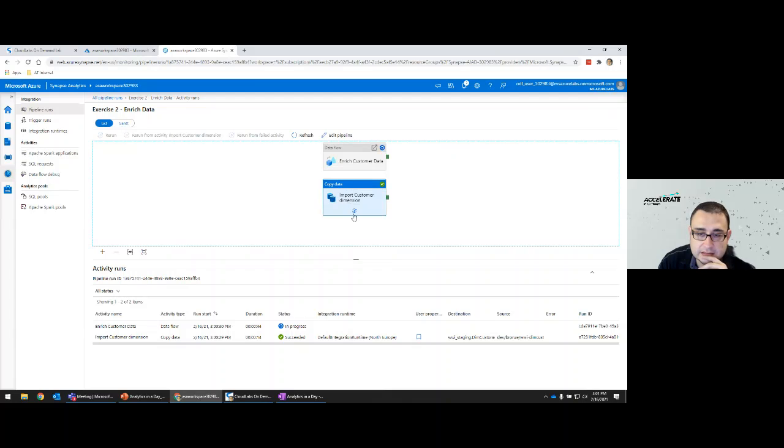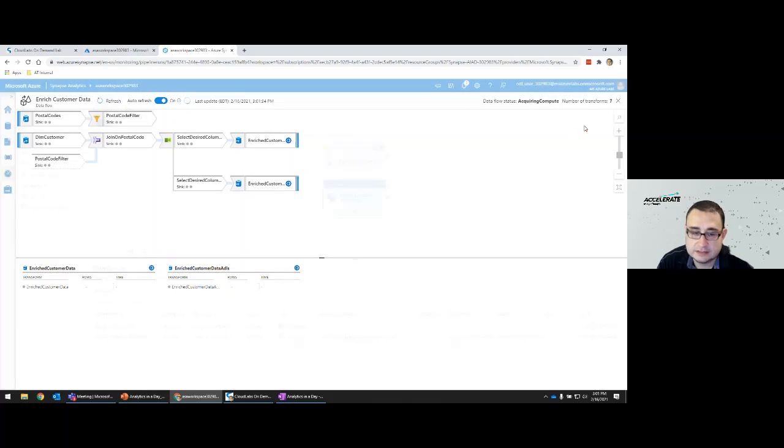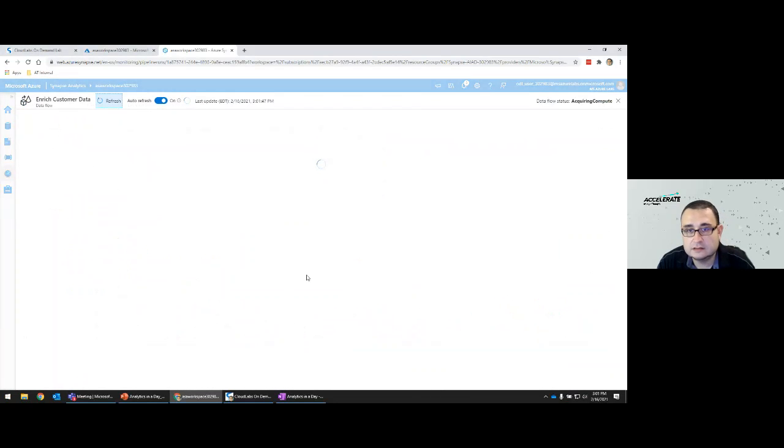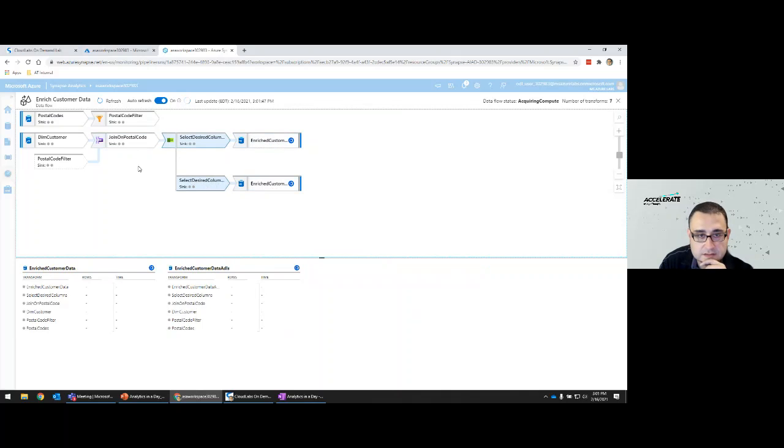And now it is going to show us the progress. So it is showing that it's going to run a particular activity first, then it's going to run the second activity. We can see what's happening. If you hover over this line and you click on that eyeglasses icon, you can actually see what's happening in real time. This might take a little while because it's turning on a cluster and preparing all this. So I'm not going to wait for it to run.